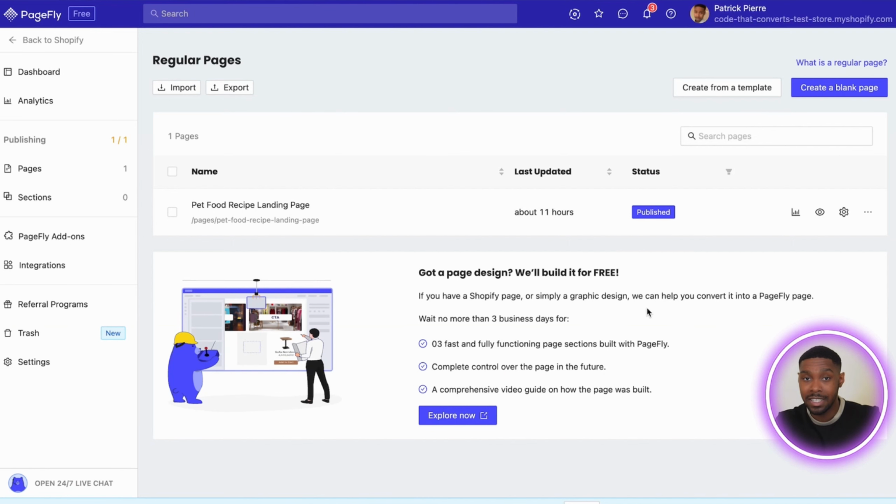Once you've got PageFly in your Shopify store and you follow all the processes that it takes you through, you should eventually land on a page that looks just like this one. This is the PageFly app admin dashboard, and this is where we'll start our journey on creating a landing page using PageFly. As you can see, I have a landing page set up here, but I created this landing page